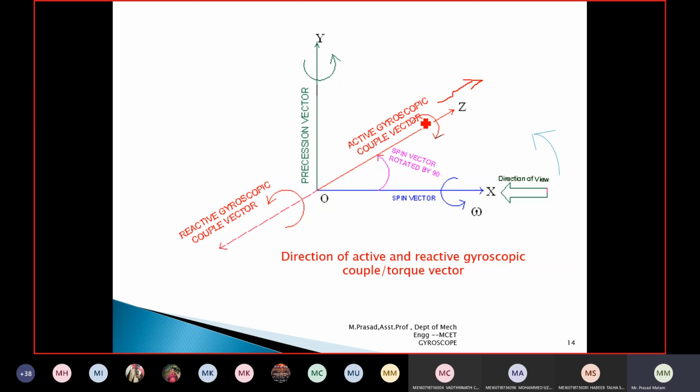What we are saying is, we don't consider the active couple. We always consider the condition of the reactive couple. So due to this active couple, this vector is moving in this direction. To maintain equilibrium, how does the z have to move? Opposite to this, means it has to move downwards. How can this move downwards? When the thumb rotates in this direction. When you rotate your thumb as per the right hand rule in this direction, this is moving downwards. Yes.